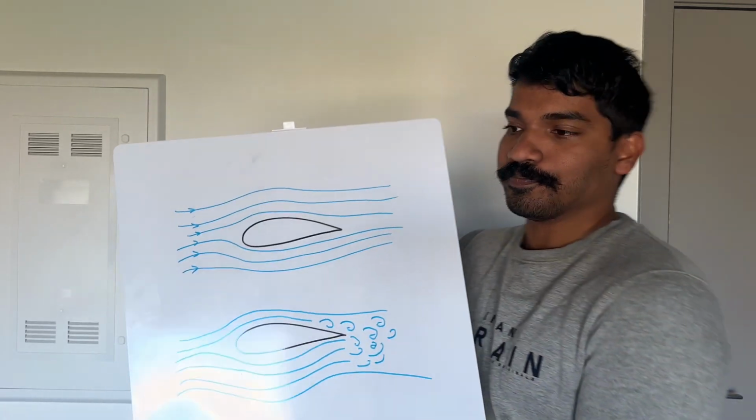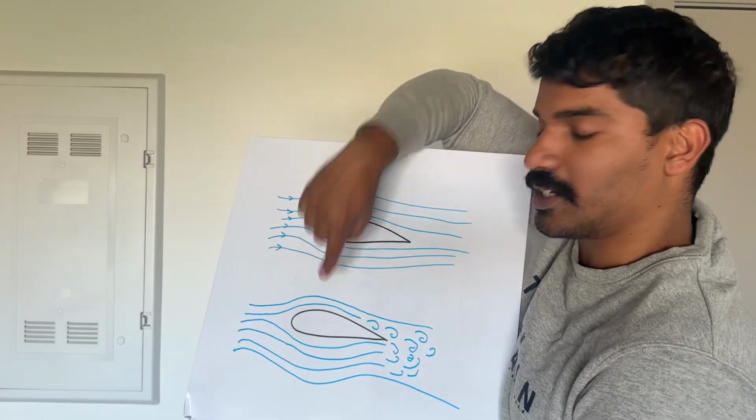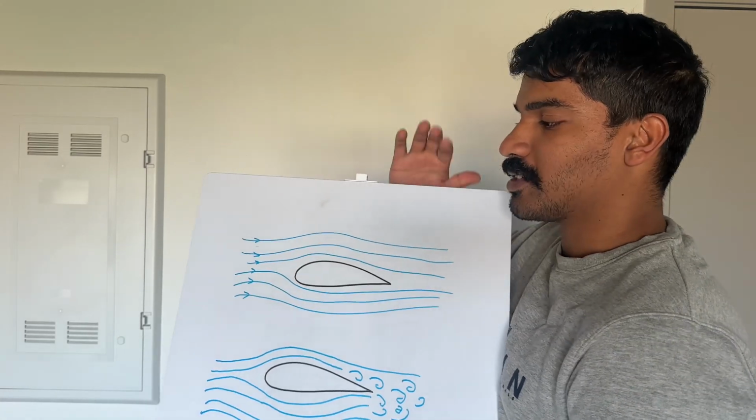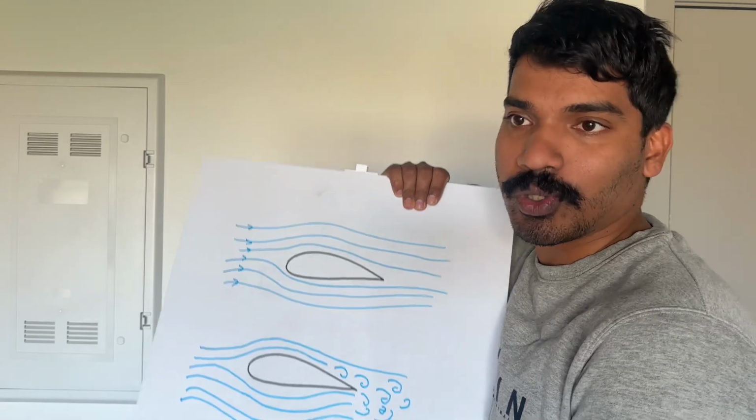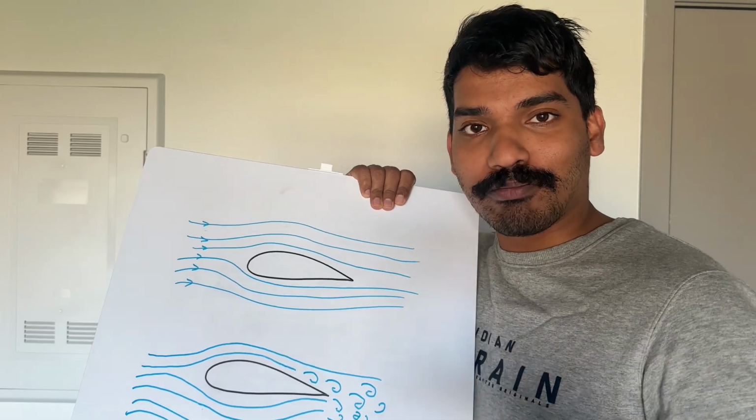Before we go into the much deeper concepts, I would like to explain something which is very simple and very basic. You might know this already. It's called streamlined flow and turbulent flow. As it is quite self-explanatory, I've already drawn it. You can see this is streamlined flow and this is turbulent flow. We'll start with streamlined flow. What is streamlined flow? As basic as it may seem, you won't believe it, but this comes in the